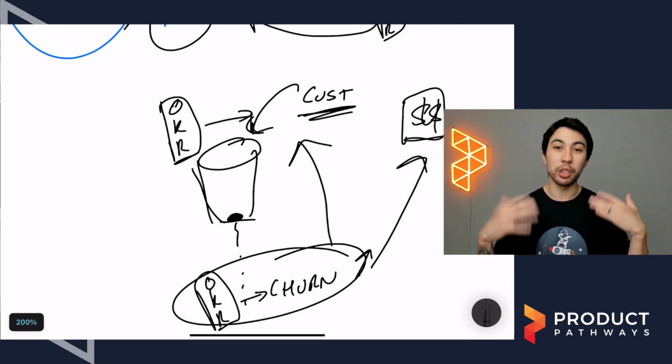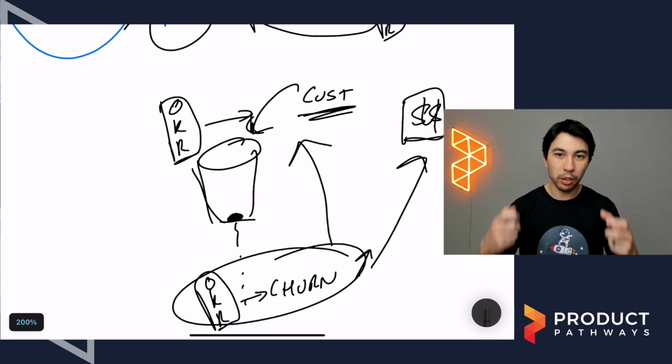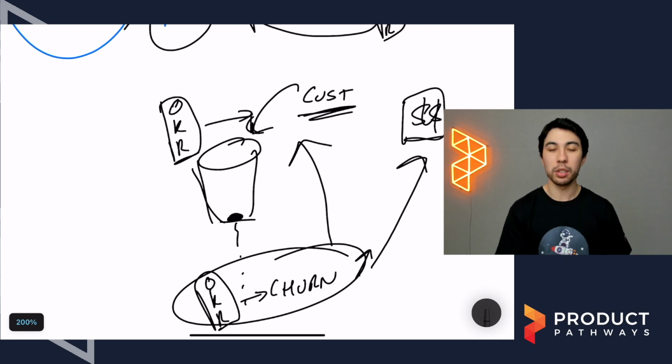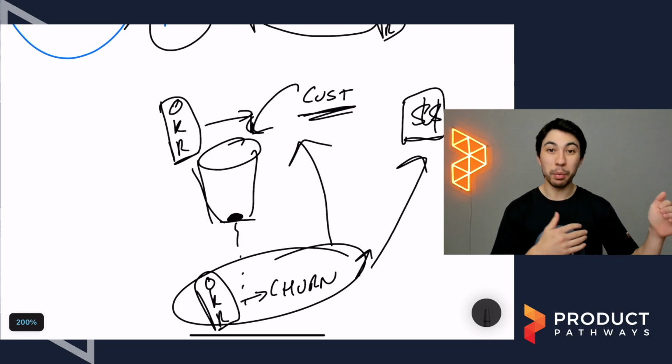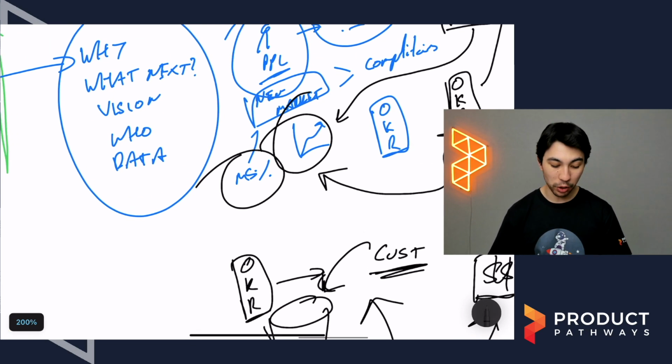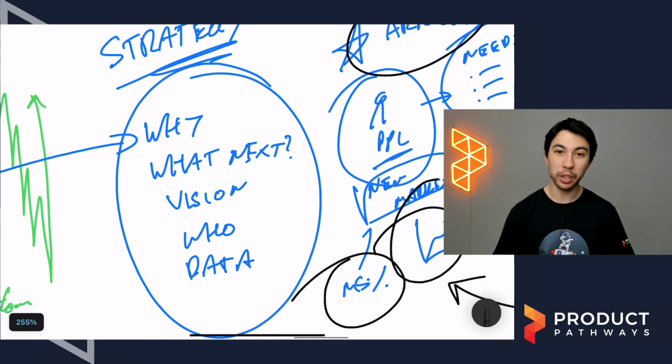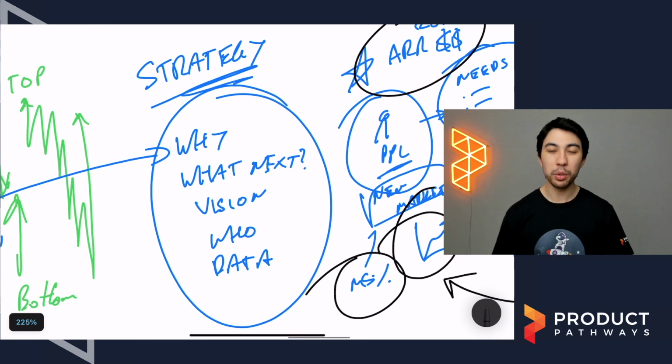But again, strategy, context, and what data drove you to make those decisions and why we're making those decisions. You can't just have an OKR off by itself because then we don't have answers to any of those questions, right? Like, why are we doing it? What's next? Who are we doing it for? All those types of things. How do we get to these numbers? Answering all those questions is absolutely pertinent in organizations.